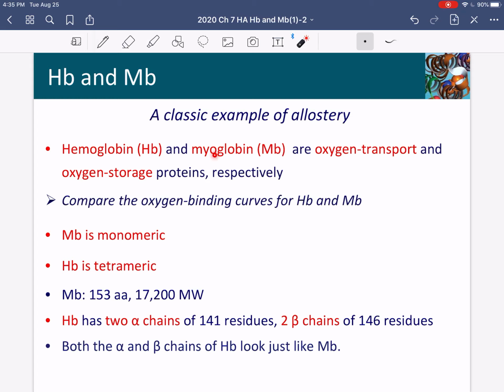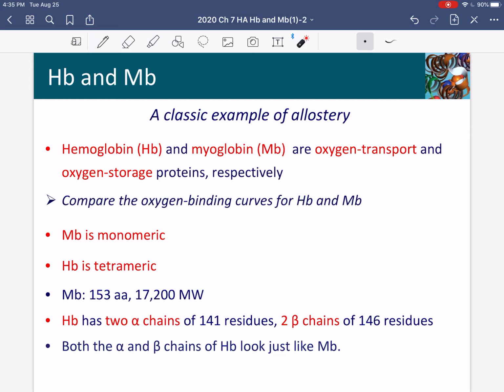So it's going to hold on tightly to oxygen until there's an emergency, whereas hemoglobin has to be able to release oxygen, so it has to bind more loosely and release it every second of the day. Okay, so we're going to look at the oxygen binding curves for these 2 proteins, keeping in mind they have